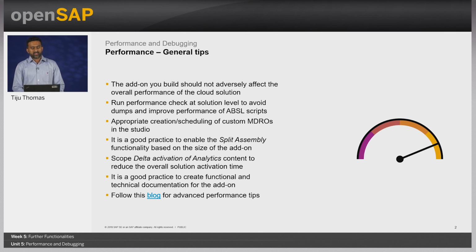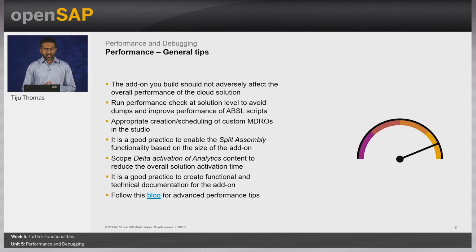It is also a good practice to enable the split assembly functionality when you are downloading a solution. I already spoke about it while I was showing you the lifecycle management topic. If you have to deal with a big solution, it is really important to use the split assembly functionality rather than directly going with the assemble and download function in a single click of a button. This helps to split the action into 3 steps, and it also runs in the background. It saves a lot of time and you are free to use your Cloud Studio while these actions are being performed, because it is a background job.